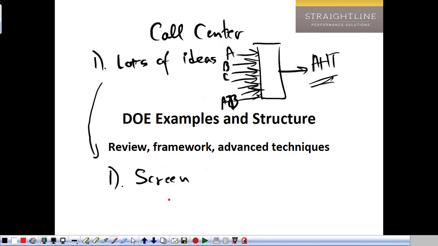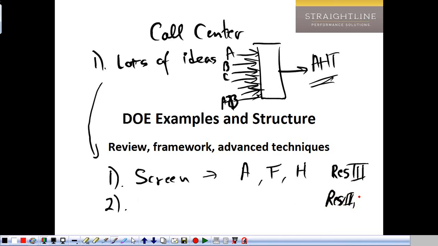and see which ones are really the heavy hitters. It turns out that maybe A is a heavy hitter and F is big and H is big and so forth. That would be the first thing. The second thing would be to say, okay, how can you then take that and run a characterizing design? Now, the designs that we did the first time around were basically characterization designs, Res 4, Res 5 designs. To put this into context, these are generally Res 3 designs, and these are generally Res 4 or 5. Okay, so characterization